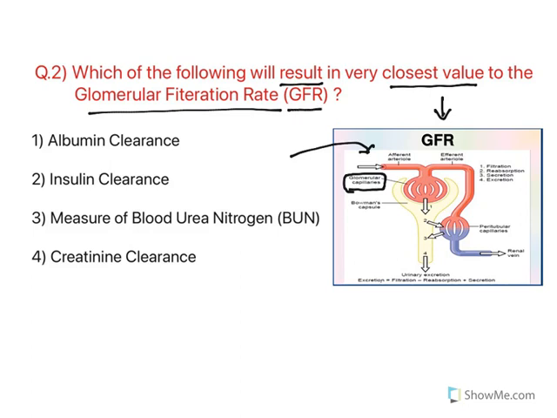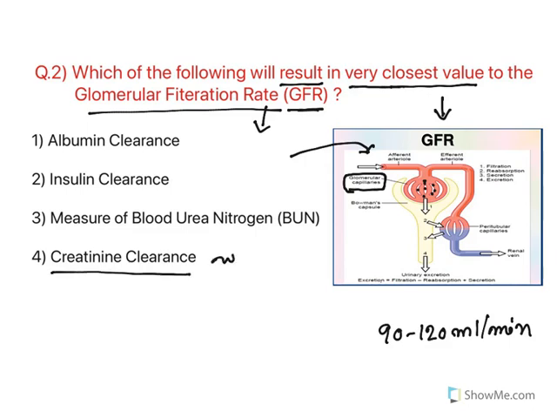So, glomerular filtration rate means at what amount per minute the blood will get filtered at these glomeruli, and that filtration rate is known as glomerular filtration rate. Usually per minute 90 to 120 ml of blood will get filtered. So this is the normal glomerular filtration rate. Now, which of the following will result in the very closest value means, in this, creatinine clearance will be very close to